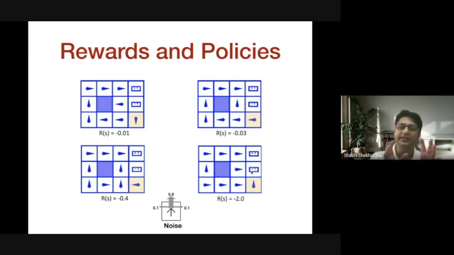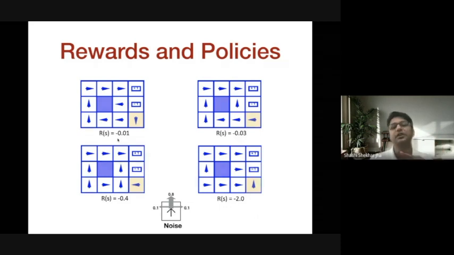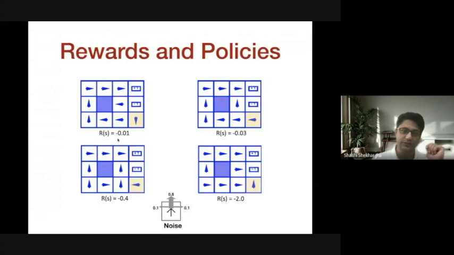So what you can see here is the way rewards are configured in the environment changes the optimal behavior of the agent. If you are the system designer and you have to fix the rewards in the system, if the rewards are not properly configured, you're not going to get the best or expected behavior of the agent. So it's not the fault of the agent. It may be the fault of the way you design the rewards for the agent.